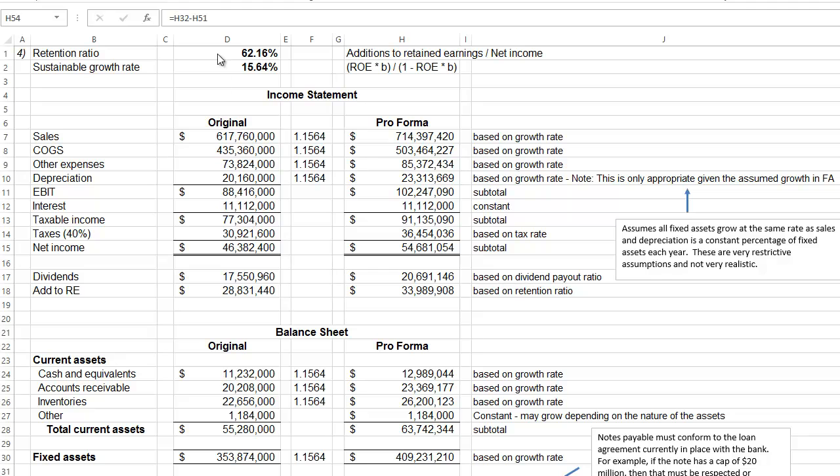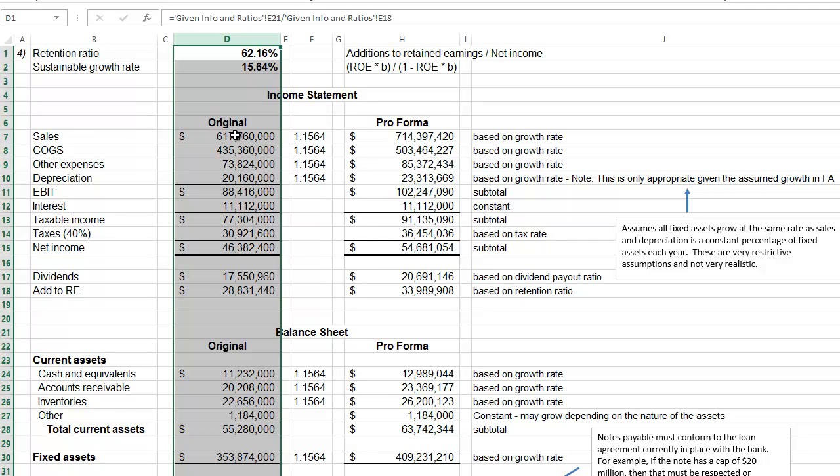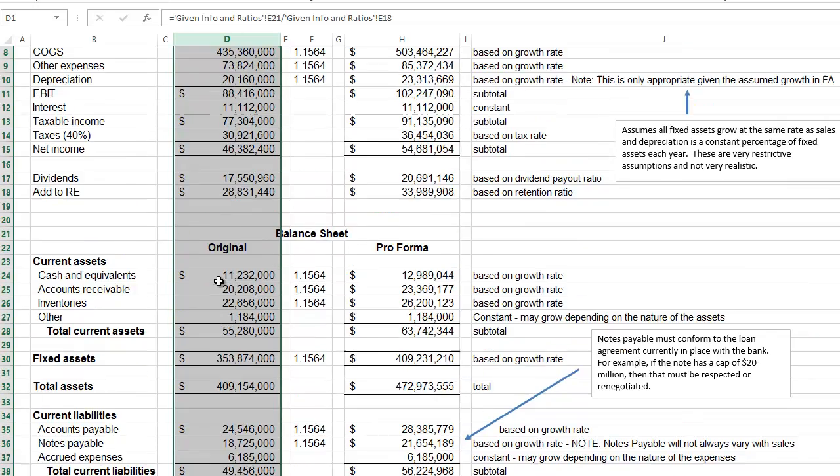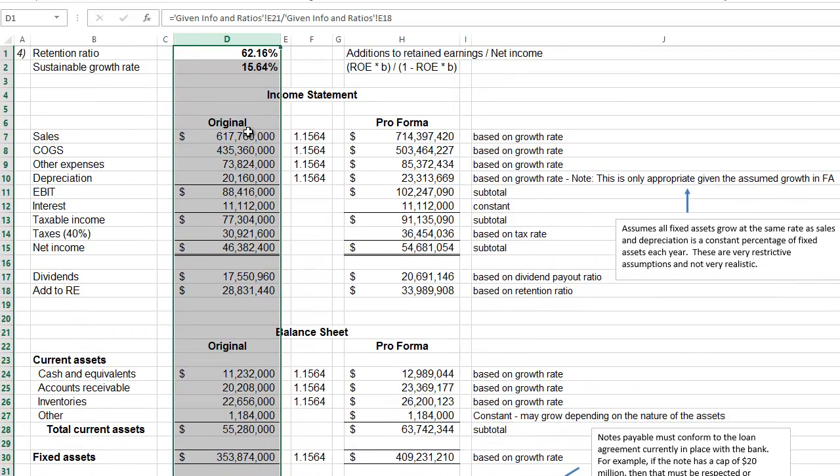All of the given information from the homework problem is basically in this column. So this is the original income statement data, scrolling down the original balance sheet data, etc. Our task is to forecast this information 1 year into the future so that we have an idea of what next year's financials will look like. We're going to go through several different iterations of forecasting. We're going to start on this tab of the spreadsheet with a fairly simple forecast, and then we'll get a little bit more complex each step we go